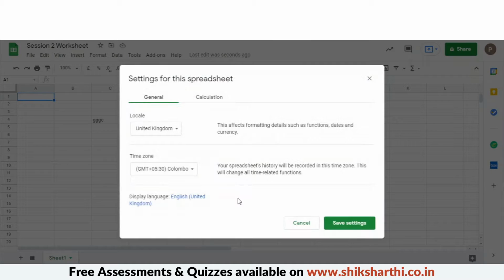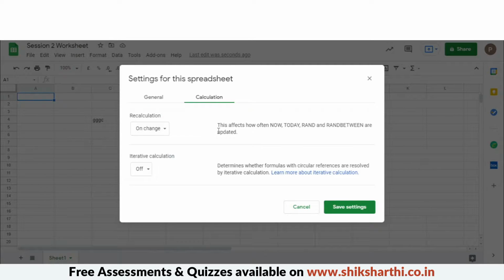Let's get into spreadsheet settings. Spreadsheet settings shows you the formatting details, such as currency and so on. Basically, the locale in Google Sheets will be United Kingdom, and the time zone will be wherever you work. Because of the language settings, keep it as United Kingdom, which would be good. And calculations,